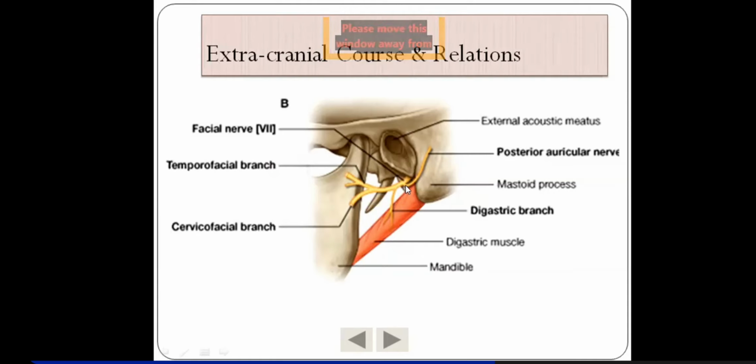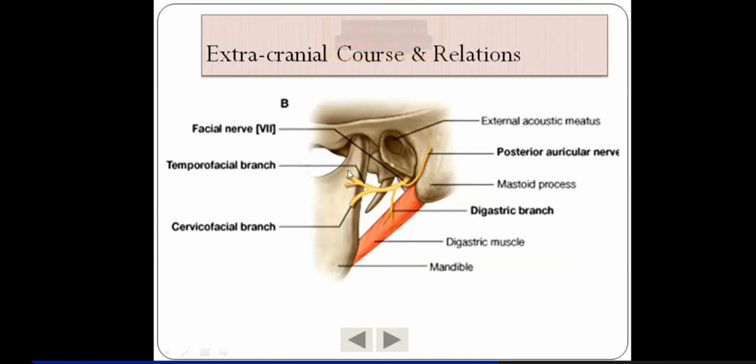Okay, so that was the first branch, the posterior auricular nerve. Then this will give a branch to the posterior belly of the digastric. The nerve to stylohyoid may be a direct branch from the main trunk of the facial nerve, or maybe through this digastric branch, it will continue to supply the stylohyoid muscle as well. Both of these two muscles which elevate the hyoid are derived from the second branchial arch.